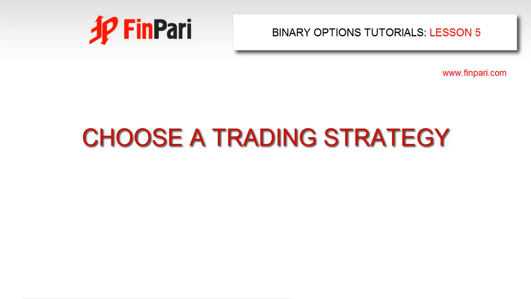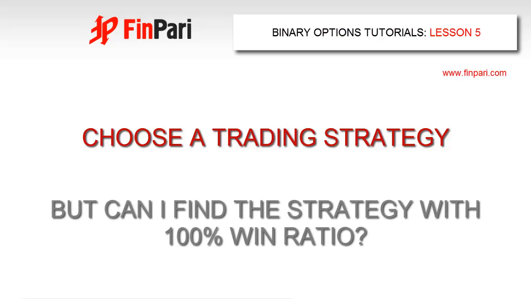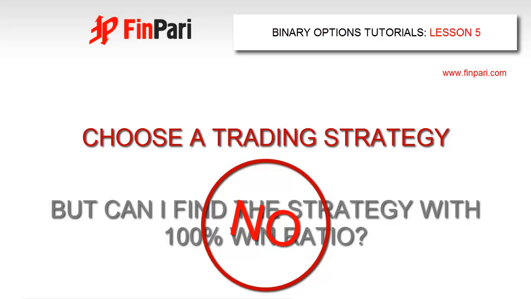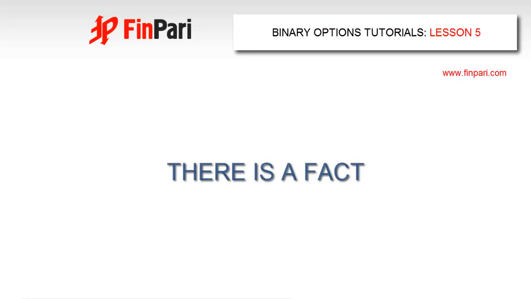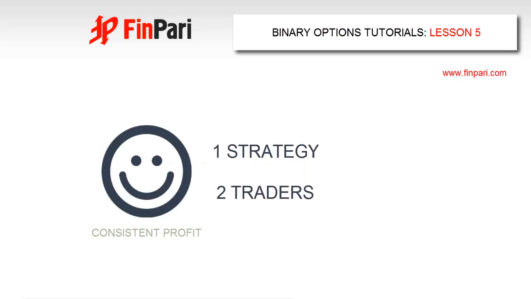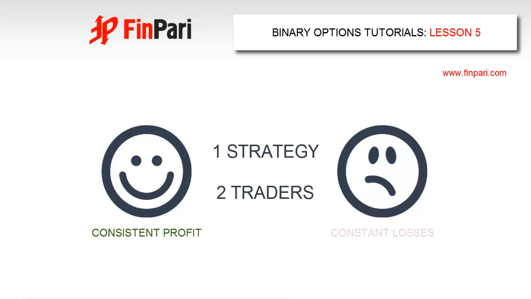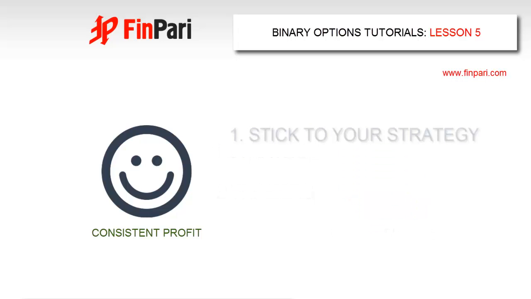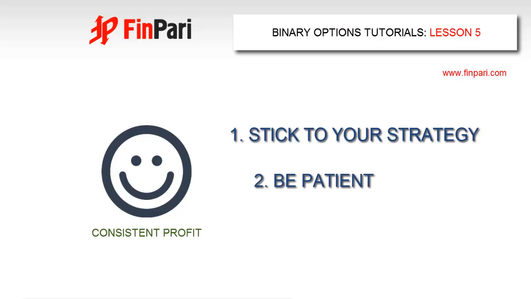Let's look at another misconception. To be more specific, we will look at the Holy Grail or 100% winning strategy. Forget about these kind of strategies. They do not exist. There are strategies that give advantage over the market, but this also depends on you. There is a fact. One person can have excellent results while another constant losses. That's why don't be tempted to use all the strategies and indicators available. Don't rush and watch for your temper. No one had good results when rushing. This is the road to nowhere.